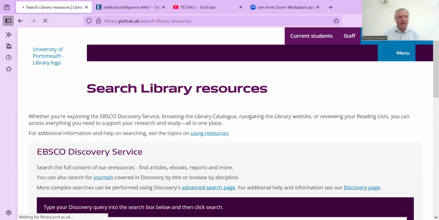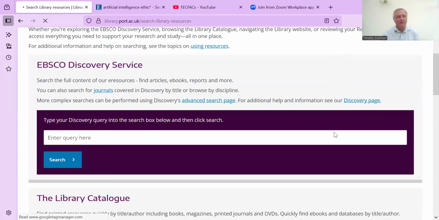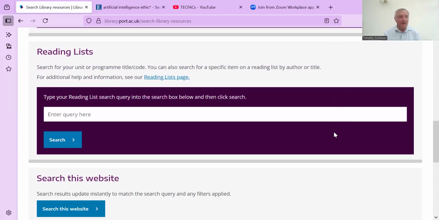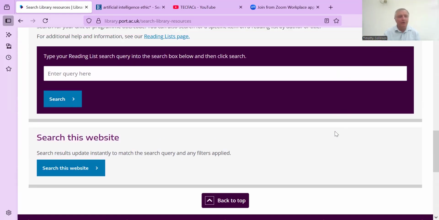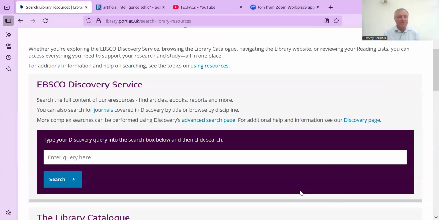We should be able to click on that and come to this page, which lets us search the EBSCO Discovery Service. It lets us search the library catalogue, search for reading lists if you've got any for your particular course, talk to your lecturers if you don't, and you can also search our website. Now you can search the library catalogue here directly if you want to do that, or you can use our EBSCO Discovery Service, which searches a whole lot of things, journal articles, conference papers, books, and much more as well. But you can also use it to search the library catalogue, and I'm going to demonstrate how to do that